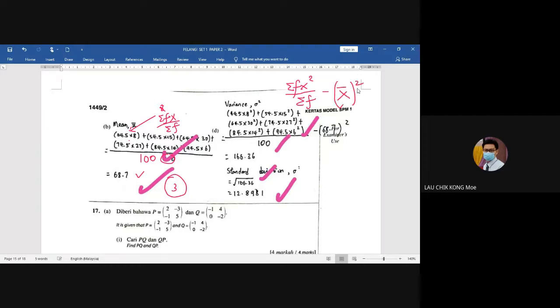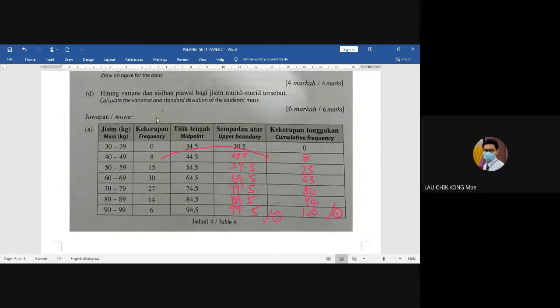For this part, if you want to build a table, you can. For example, this is the frequency, this is x, and you can build fx square. Fill it in at the side of the table. Then total up the sum of fx square. You do not need to build a new table; you can just build it at the side. But do not mess up the inside. So this is f frequency, midpoint x, and fx square.